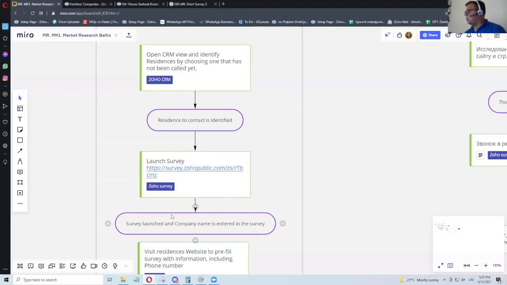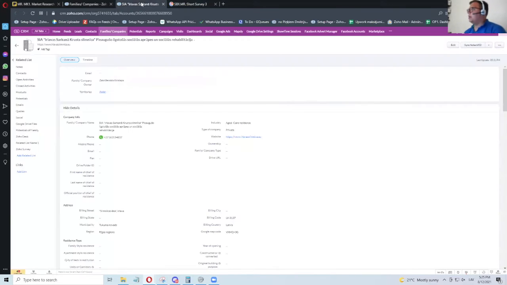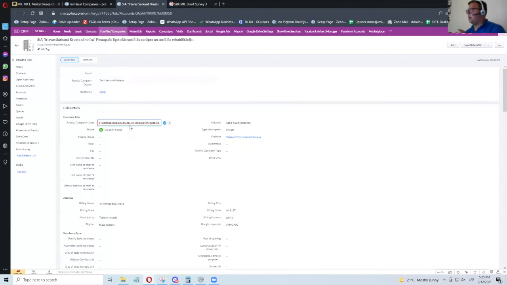So what was the next thing we have to do? The survey is launched and a company name has to be entered in the survey. That means we have to enter here, where the star is, the exact name that is in CRM. So that means we have to go here. We have to make it identical, nothing more, nothing less. One symbol will change everything, because CRM identifies the survey and CRM. They're talking to each other by using this name. If it's different in any way, it's not going to work. It's going to save in Google Sheets. Of course, I can import it later, but